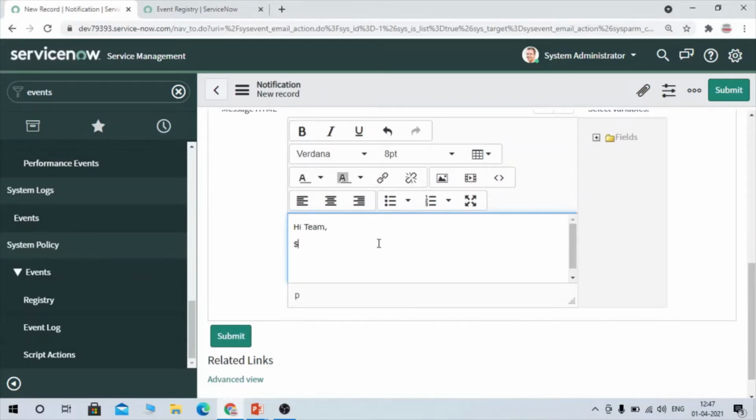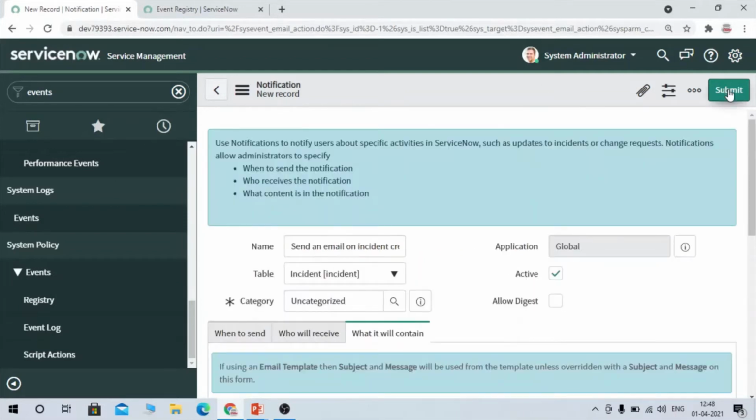Again I need to use dollar number. So this incident number has been opened. Please get it assigned to the concerned team. Okay, so here we have defined the content. We are going to submit it.